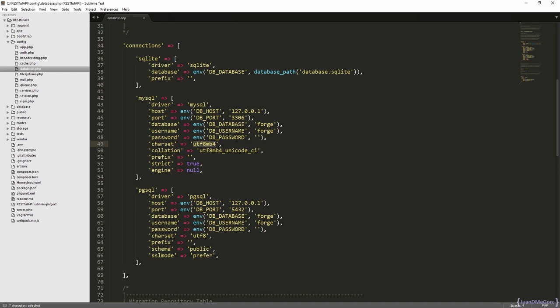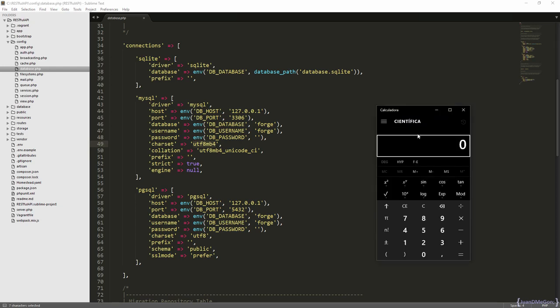255 characters as a length for the strings. But by default, MySQL only supports 767 characters for the strings that are going to be used as indexes. So if we do some calculations, 255 characters multiplied by 4 is going to be 1020 characters. But MySQL only supports 767. So now,